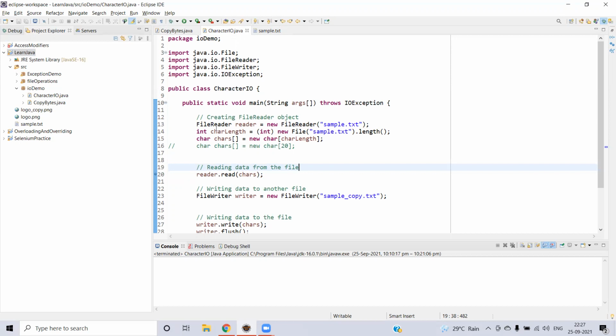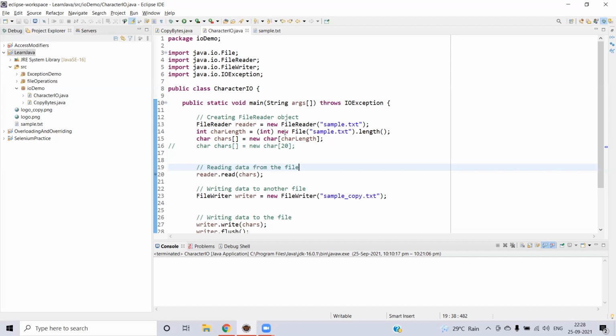Here you can see in line number 13, we are creating the reader object by giving the file input, and we are getting the number of characters inside your file by using the File class. To understand this line, we want to get the total length of characters inside your file. So we create an object of File, and over that we apply the method called length. It gives the length of characters inside your file. However, it will be in long format, so we downcast to integer so that we can save it into an integer.